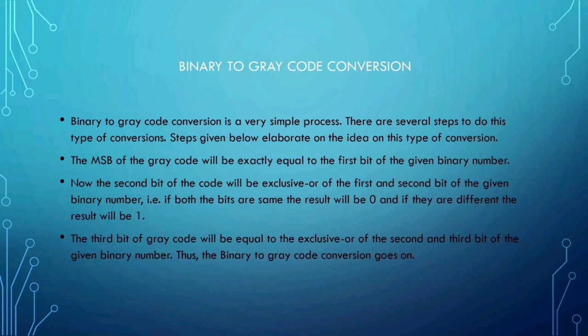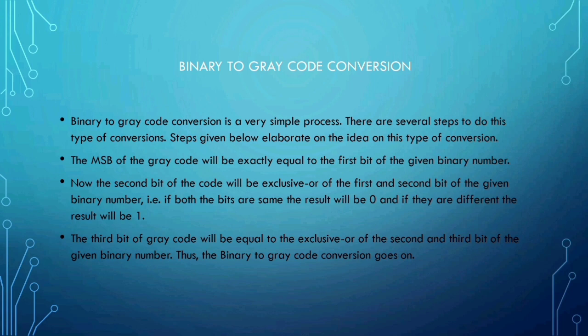Binary to gray code conversion. Binary to gray code conversion is a very simple process. There are several steps to do this type of conversion. Steps given below elaborate on the idea of this type of conversion. The MSB of the gray code will be exactly equal to the first bit of the given binary number. Now the second bit of the code will be the exclusive OR of the first and second bit of the given